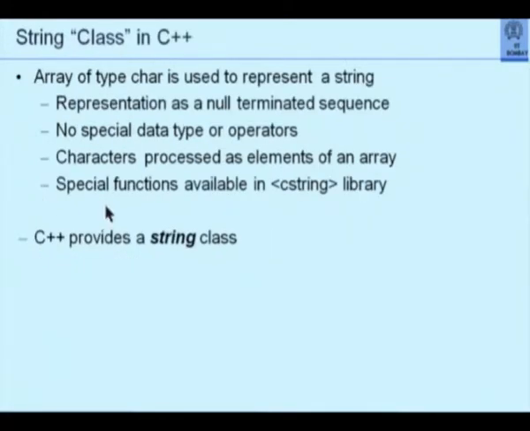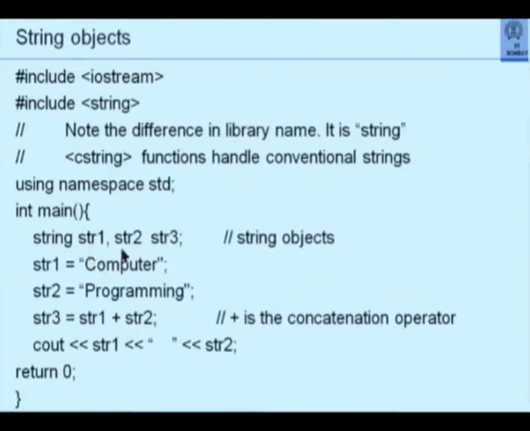So you just define objects, let's say str1, str2, str3. These are three string objects. Each one of them can contain a string. What is the maximum size of the string? You don't have to worry about it. It's an implementation dependent size, a very large size. So you can assign to str1 or any one of these objects a string of any length. Of course, if there is an exception, the system will complain about it later.